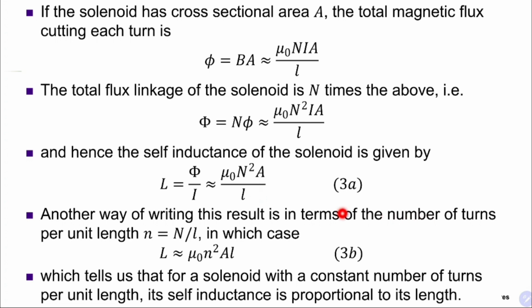And just now I said that we can use a small letter n to represent the number of turns per unit length, which is capital N over L. And if you substitute back into our equation 3a, we find that the self-inductance is approximately equal to mu naught n squared times A times L. Okay, so that is the self-inductance of a long solenoid. Self-inductance is the inductance where the flux is generated by its own current and then cuts its own